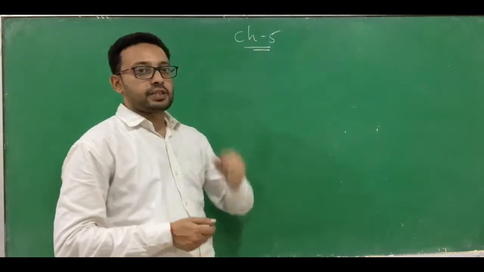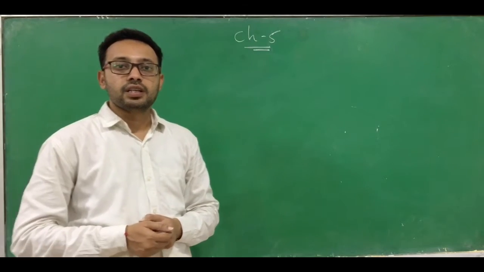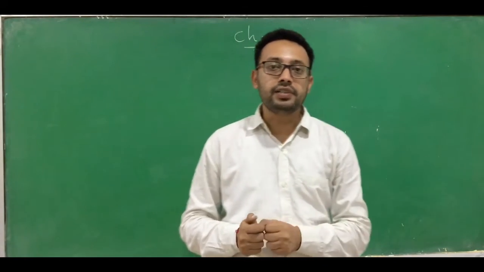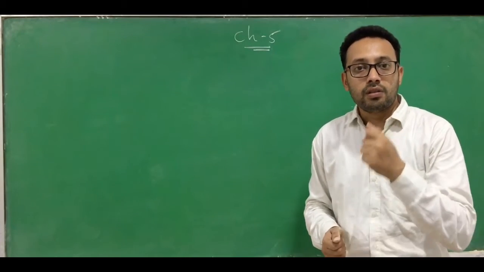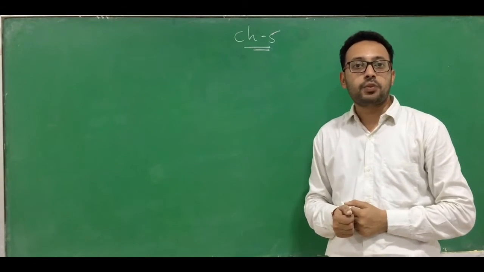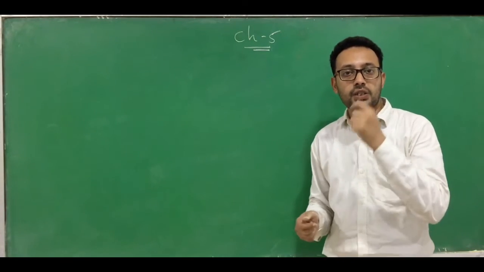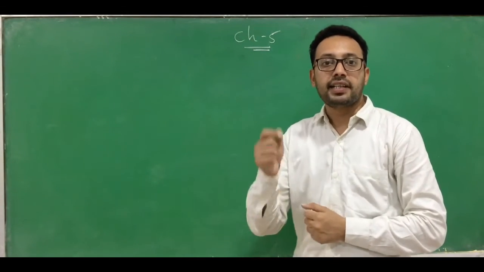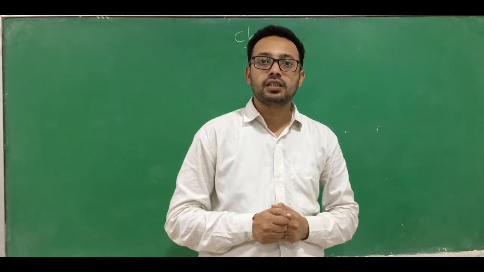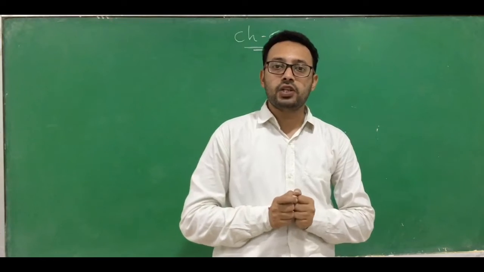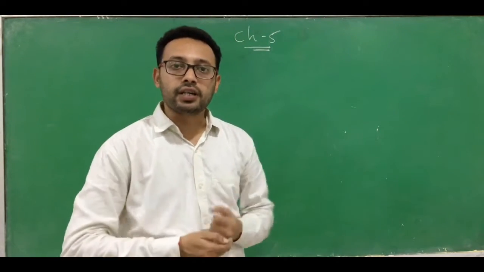We have started with chapter number 5, the principle of inheritance and variation. In this chapter till now we have learned regarding heredity, variation, what the characteristics of Mendel's experiment are, why Mendel's experiment was successful, and we have discussed one of Mendel's experiments, that is the monohybrid experiment, or inheritance of single gene. I am just briefly revising the monohybrid experiment, and then we will go ahead.